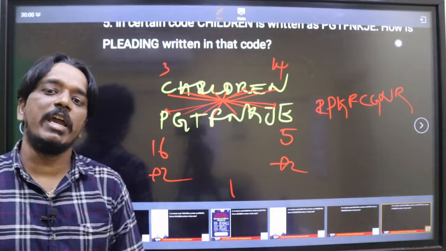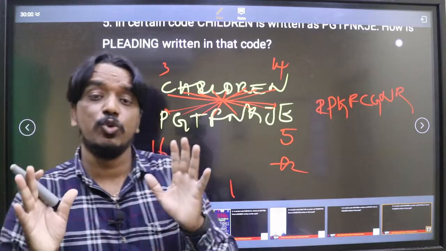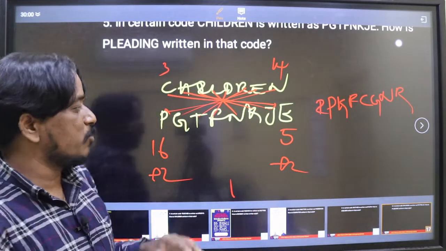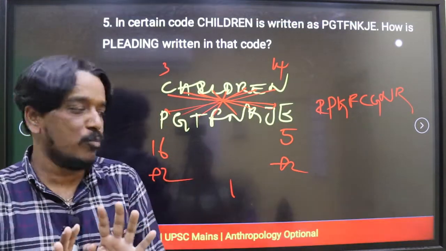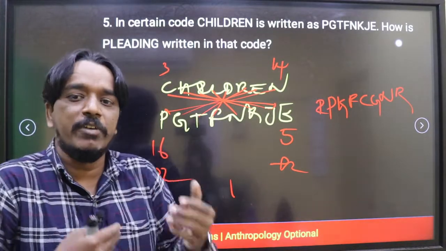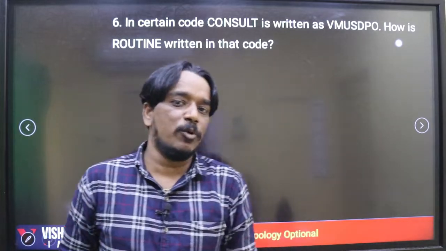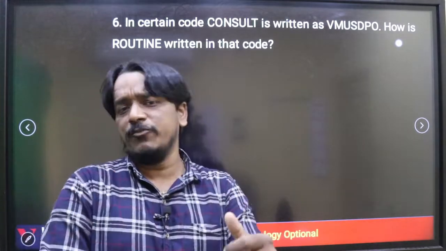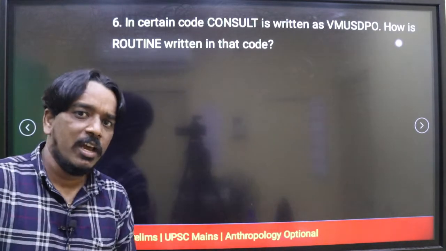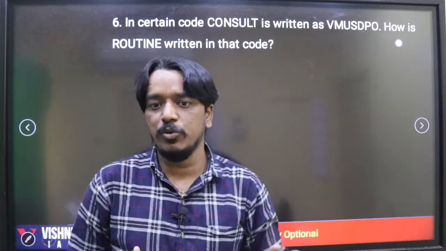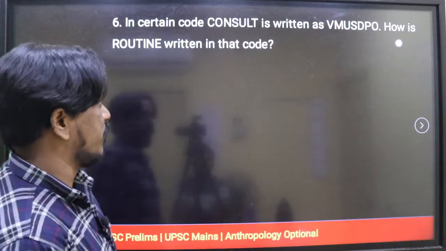So like this we can answer any type of question just if you know the patterns. So patterns are very, very important. I am covering all the different models, whichever questions we are regularly getting in the UPSC preliminary CSAT paper 2 exams. I am covering all the models, no need to worry. If you follow all these classes regularly on the Vishnu IAS Academy YouTube channel, definitely you can score very, very good marks in CSAT paper 2.